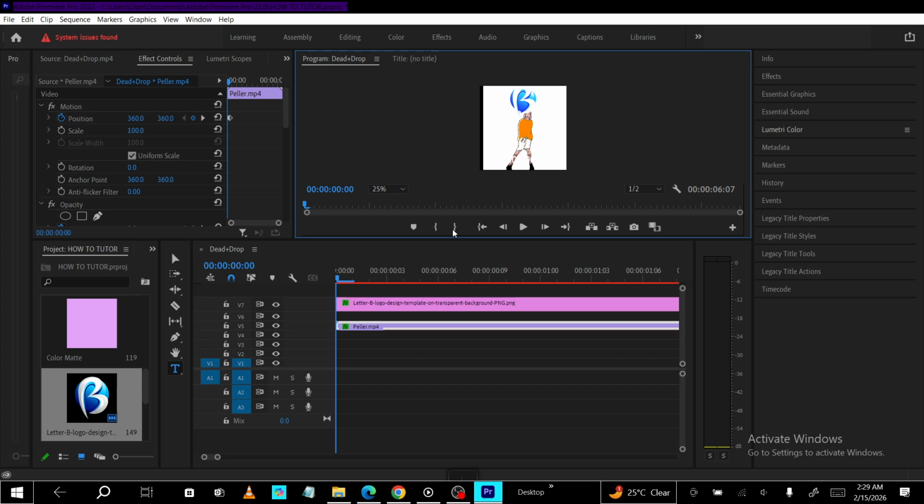A quick reminder, don't click the stopwatch again unless you intend to remove all keyframes for position. To refine, use the small arrows beside position to jump between keyframes and fine-tune the values. Once you're comfortable with this workflow, you can explore easing for even